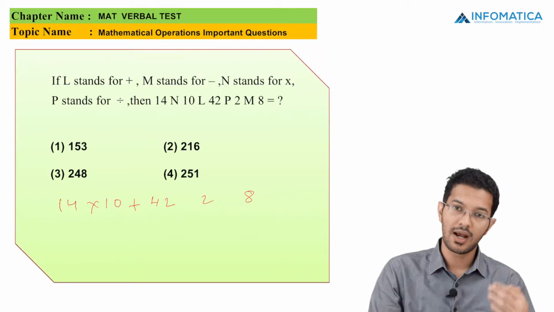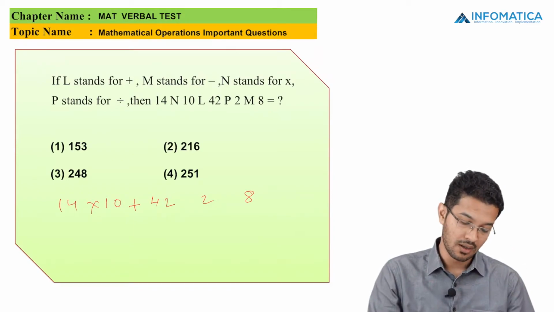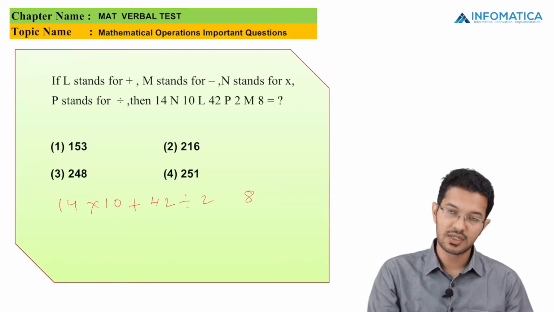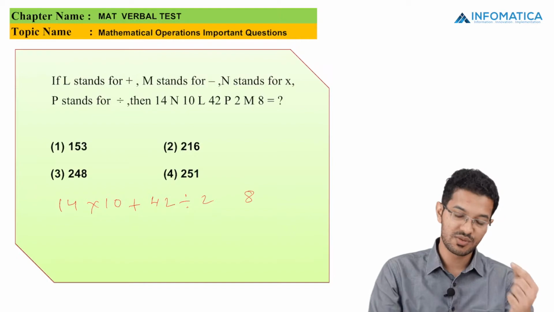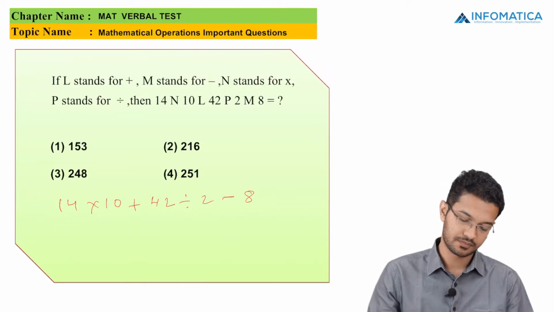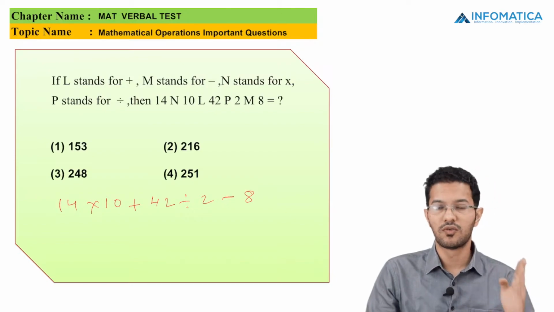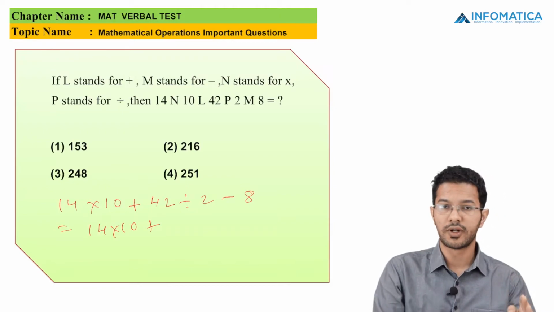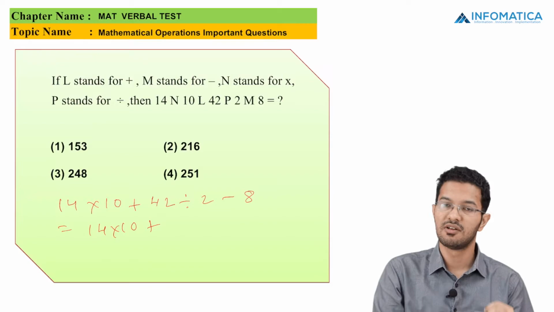Next for 42 and 2 there is a P. Now P stands for division. And the next one is 2 and 8. Between 2 and 8 there is M. Now M stands for subtraction. So now I go for the BODMAS rule. So I'll write 14 multiplied by 10 plus 42 divided by 2 is giving me 21